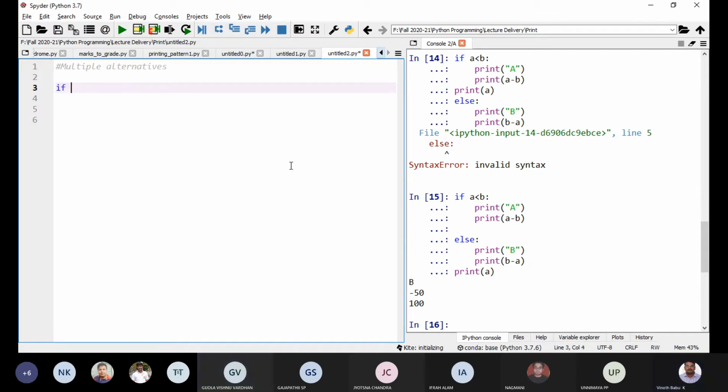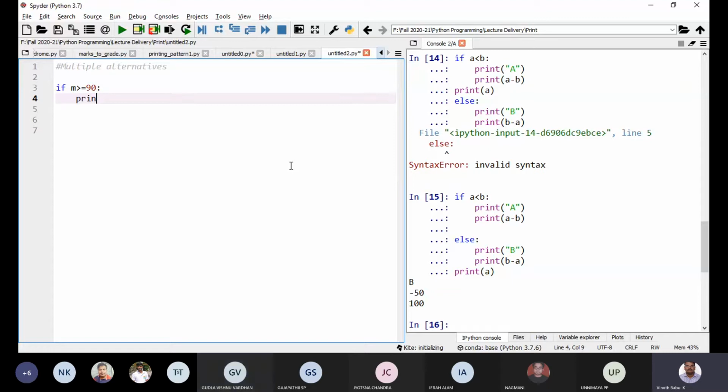So if m greater than or equal to 90, what I'll do is grade equal to yes.